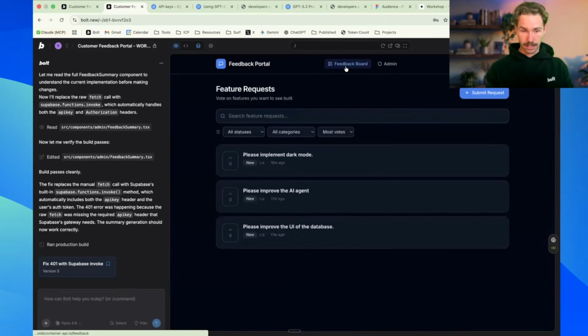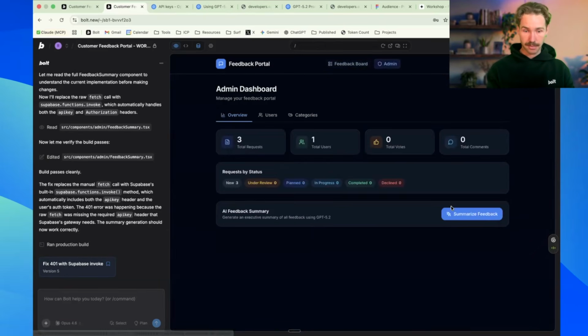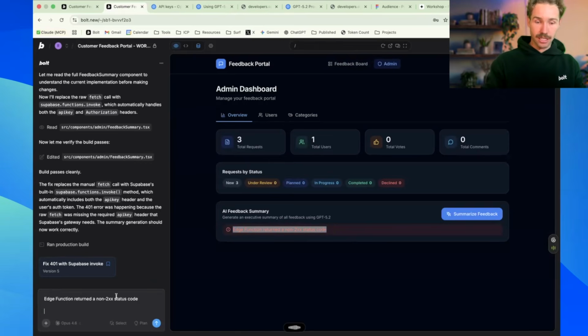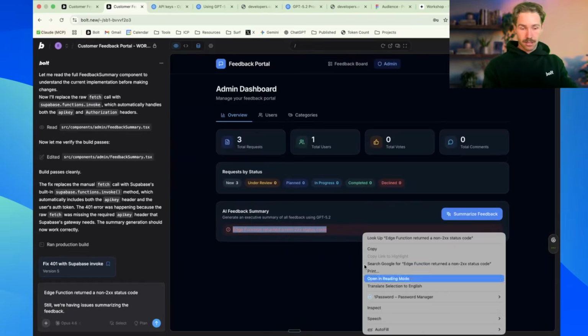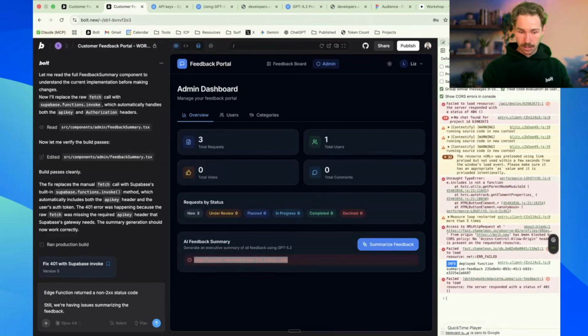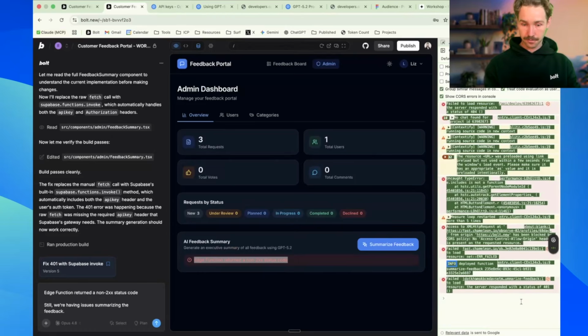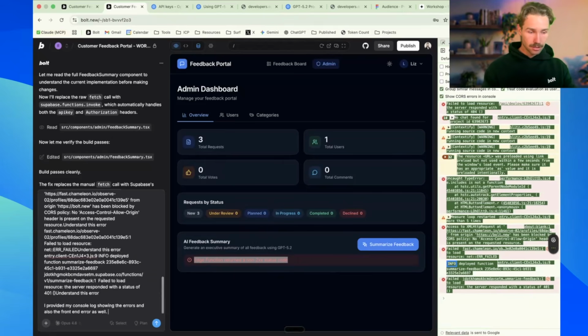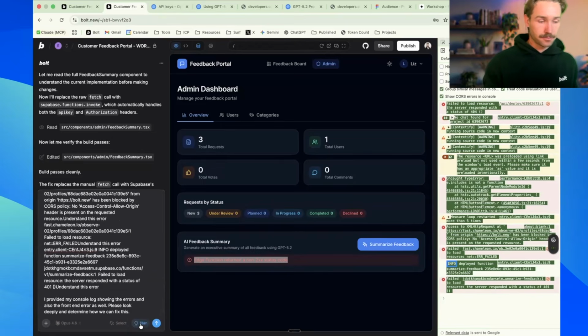Okay, so let's see if this is working. We'll come to admin, summarize feedback. Still, we're having issues summarizing the feedback. Also, this console log. I've provided my console log showing the errors and also the front end error as well. Please look deeply and determine how we can fix this. Okay,